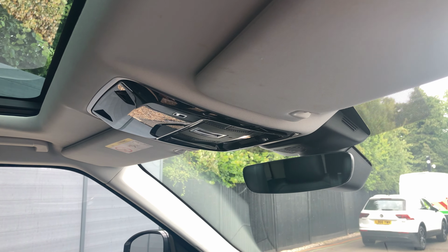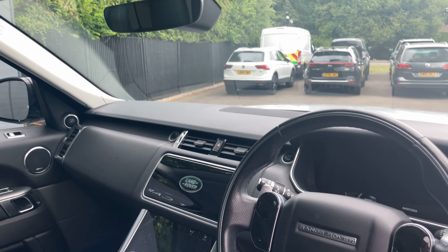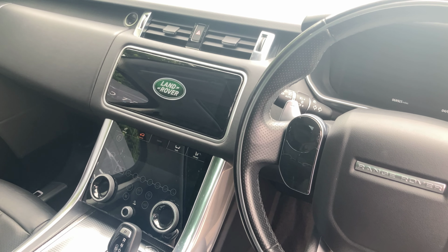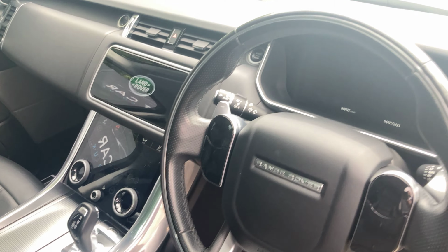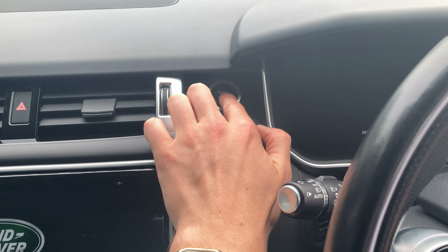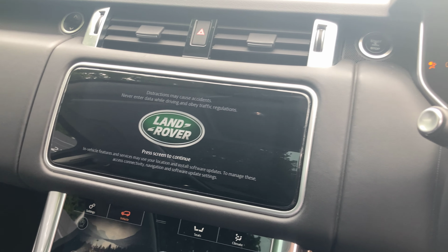And then there's a sun blind as well, which again, I'll show you in just a second. Then down below is your Touch Pro Duo infotainment display. So if we have a hop inside, I'll show you some of the features on here. Now we've got keyless start to pair with the keyless entry,